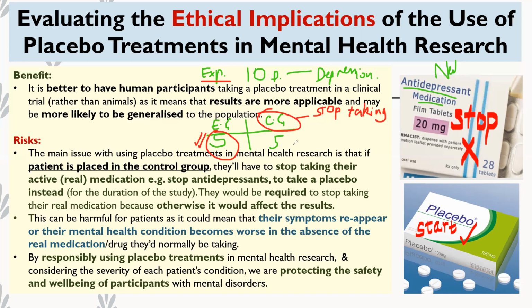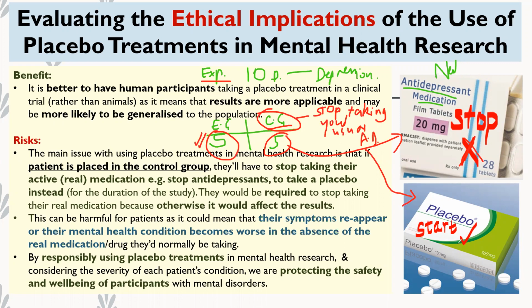Now, this is not illegal, by the way. It's actually completely normal and common to use placebo treatments in mental health research, to tell the participants in the control group that, hey, because we're giving you a placebo, we need you to stop taking your normal or your usual antidepressants. Okay, it's completely normal to ask them to do that, or completely typical. The main issue that's going to come out of that is that the minute these guys stop taking their antidepressants and start taking the placebo,